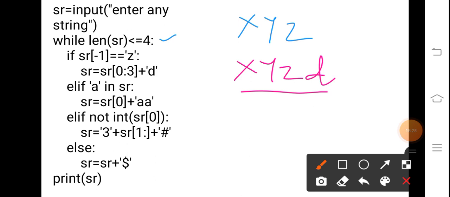Then the first if is false because it does not end with z. Then the elif a is again false. When this is checked, what is here now in this string at index 0? x. Now how will the x be converted to an integer?